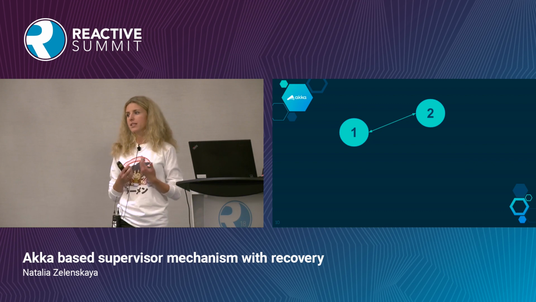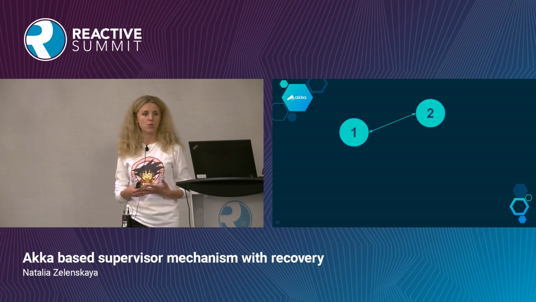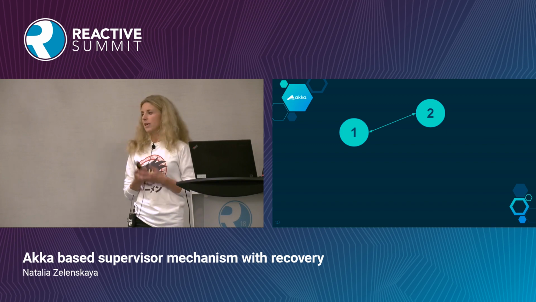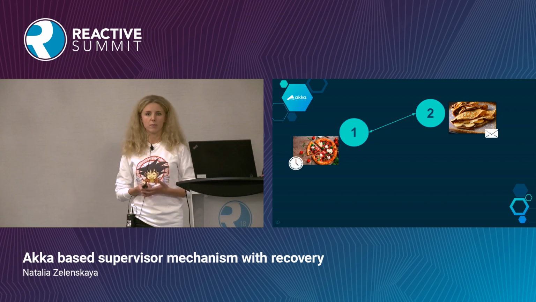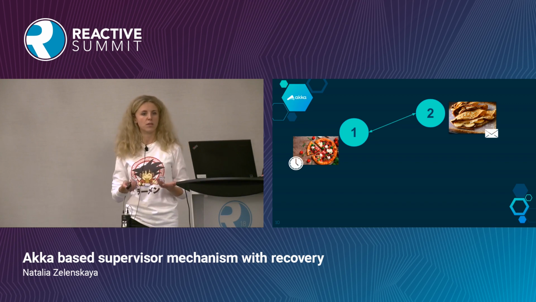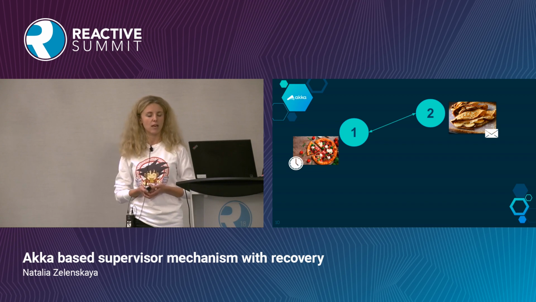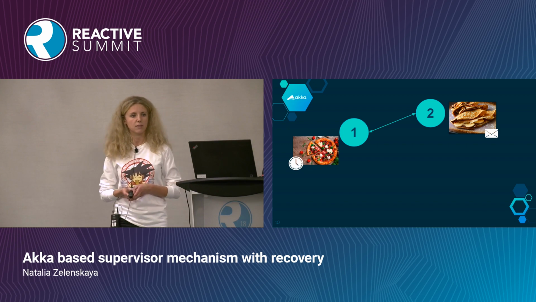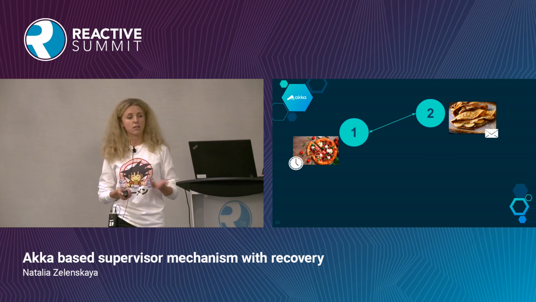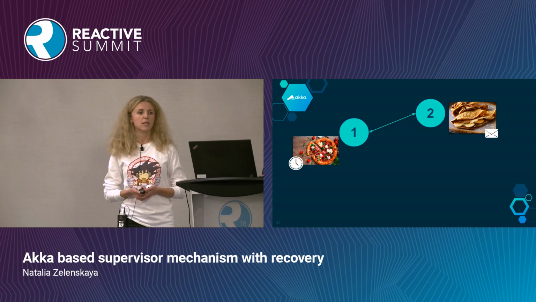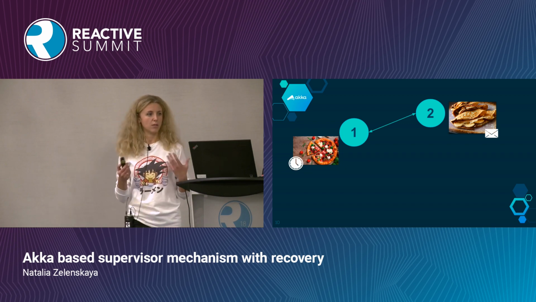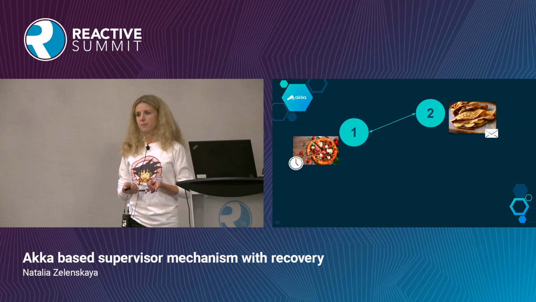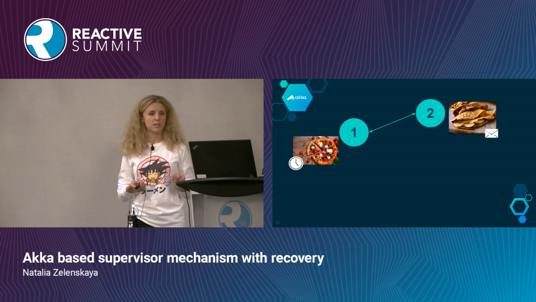It is crucial for us to react immediately to any node failures and restore the lost in-memory states or recover interrupted processes. So imagine if we can implement an event-driven supervision framework, which will allow us to restore the lost data and reinitiate the processes that have been interrupted but are critical for our business. As I said, if you use Akka clustering, it has a gossip protocol with it. You can detect different events happening in your cluster, including the node fail event. So basically, in order to start your recovery process and be aware that something went wrong, you just need to listen to these events and take proper action on them.